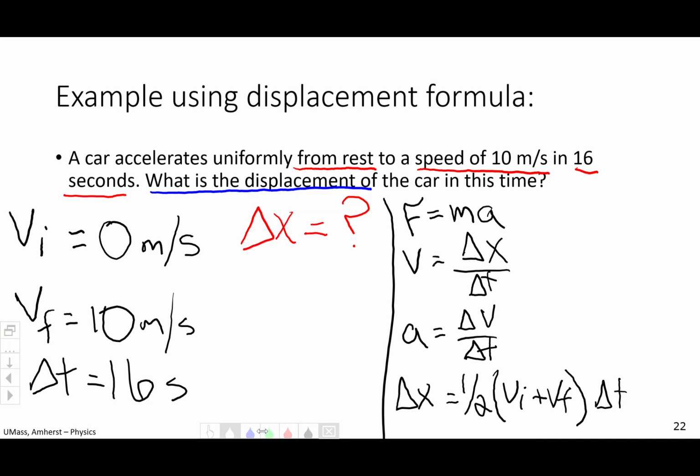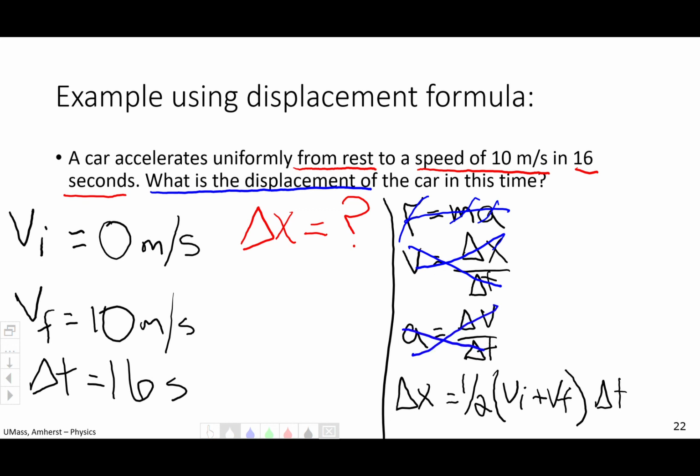So let's look first at F equals ma. Do we have F? No. Do we have mass? No. Do we know an acceleration? No. So this one's out. Now, v equals delta x over delta t is only used in a constant velocity situation, right? So we know that one's out because we do not have a constant velocity. Now, acceleration equals delta v over delta t. We're not asked to find acceleration. We do know our two v's and we know a t, but we don't need acceleration, so that one's out.